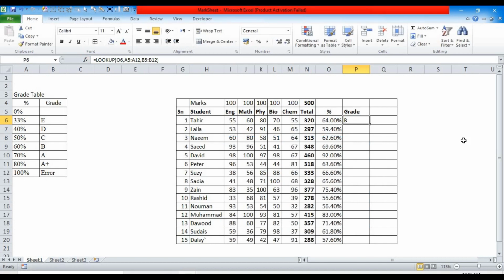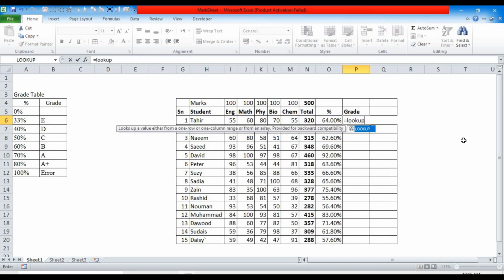I'll press equal to look up, press tab. So the lookup value is 64. This is O6. Now I'll put a comma. You can see here before, when I haven't put a comma, it's bold. That means you see here O6, this is the lookup value. But as I enter a comma, it automatically goes to lookup vector. So you must understand this thing. If you understand the syntax of the formula, it will be very easy for you to use the formula and